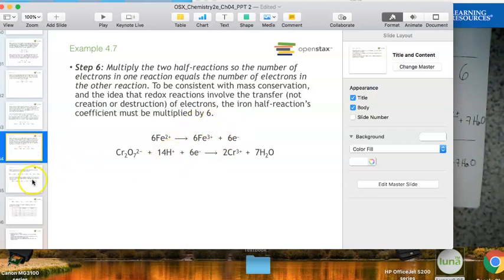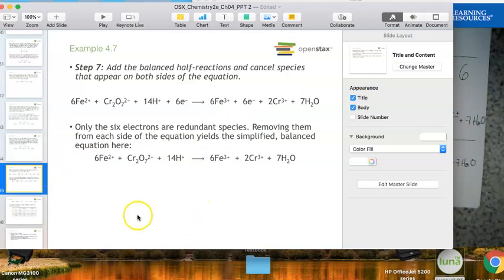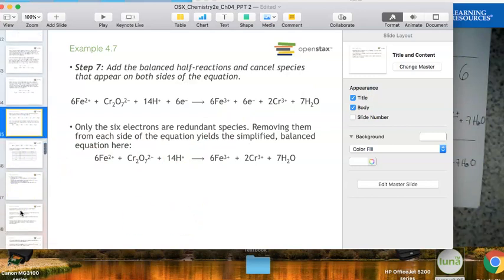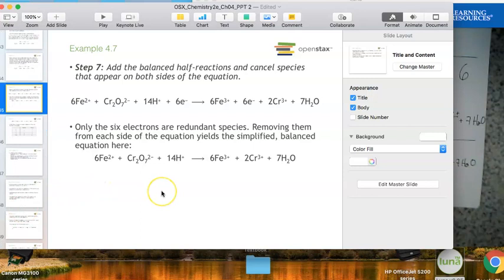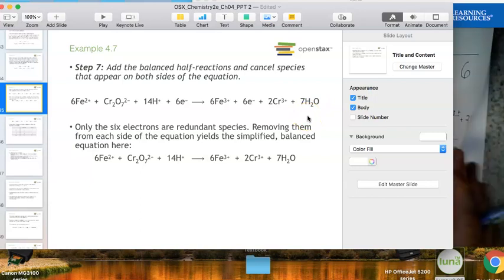The next step, step 7, is to add the balanced half reactions and cancel out the species. So now we're going to make it one big long equation and try to cancel out the species. So when I do that,